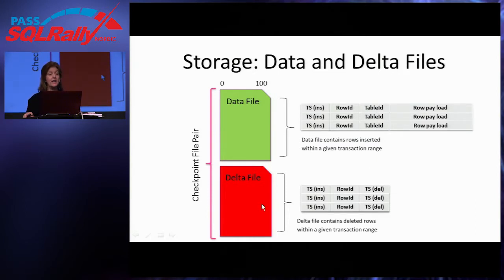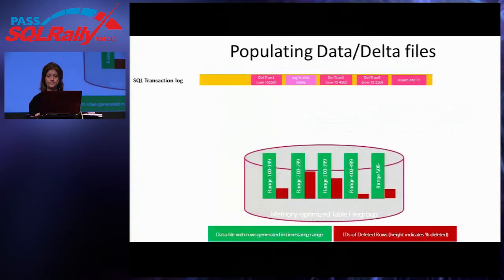The delta file has the time that the deleted row was inserted. It has the row ID within that transaction, so it knows exactly which row from the data file has been deleted, but it also has the timestamp of the delete operation in case the delete failed. By comparing the data in the delta file to the transaction log, it knows whether it really was deleted, whether it was part of a committed transaction or not. So this next slide just steps through what happens during checkpoint.